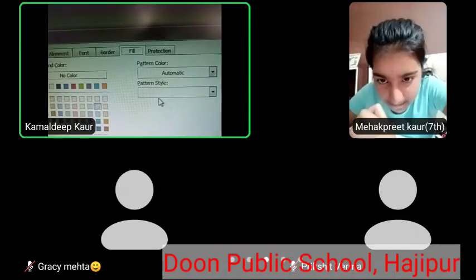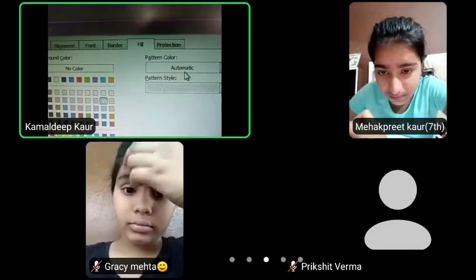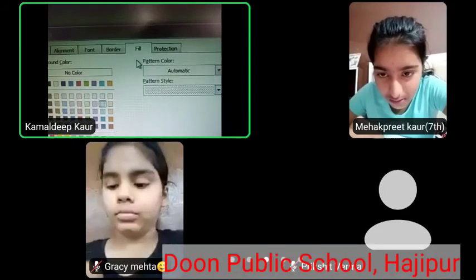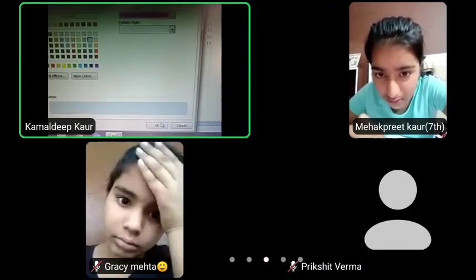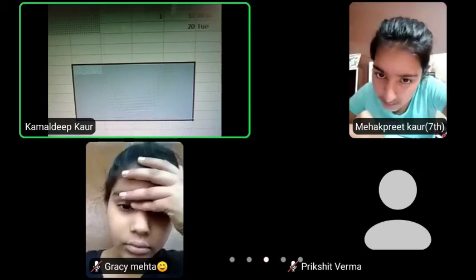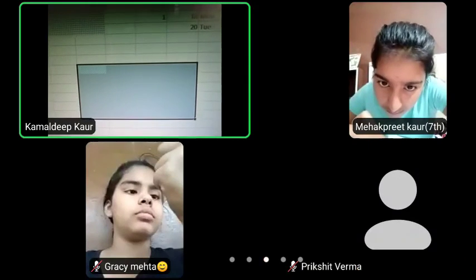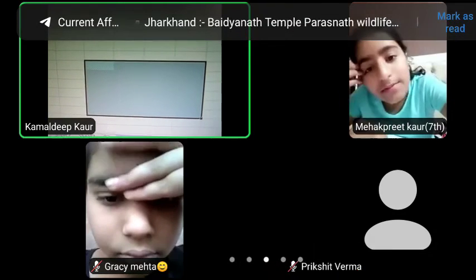Click on Fill, choose any style. Click on the pattern color and okay. Right click, format cells, fill option, choose pattern style and pattern color, and then click on okay.